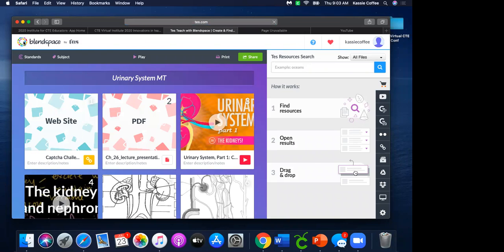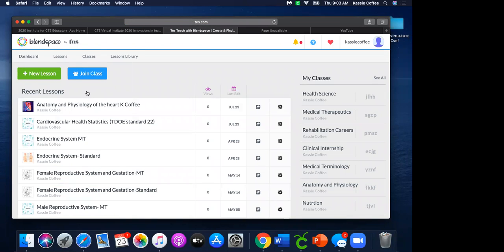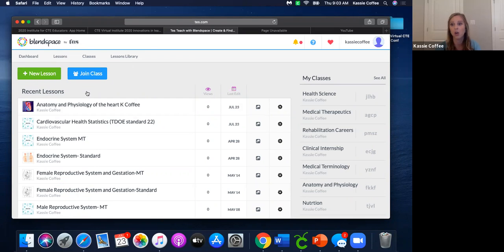And there were some quick follow-ups. Is BlendSpace live? Like, is the discussion a live thread? That is a great question. No, it is not, because once I put in the link, they access it as they want, but you can set up your settings to kind of notify you when you have a comment. We were instructed through our county to have all of that discussion specifically on Google. So if I was not using Google, I would want those notifications to come to me via BlendSpace. But because we were using Google, I would also create a post and they would have to comment back to the post that I put the BlendSpace module link with.